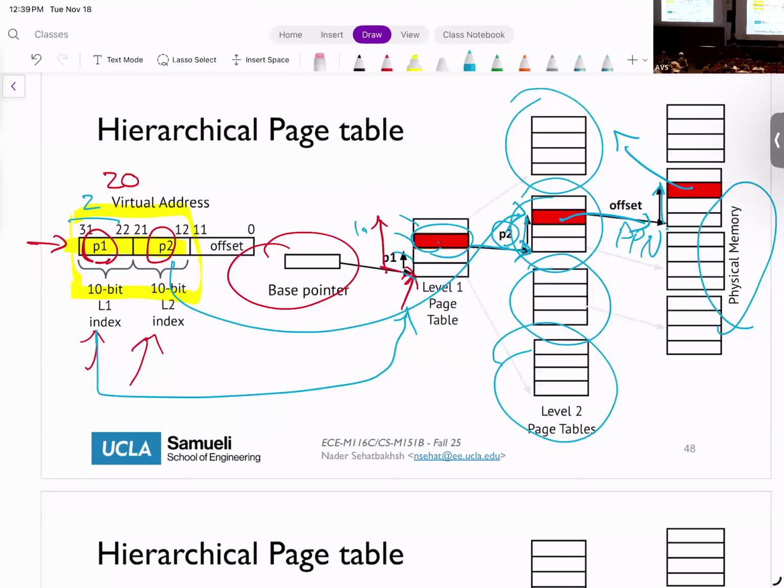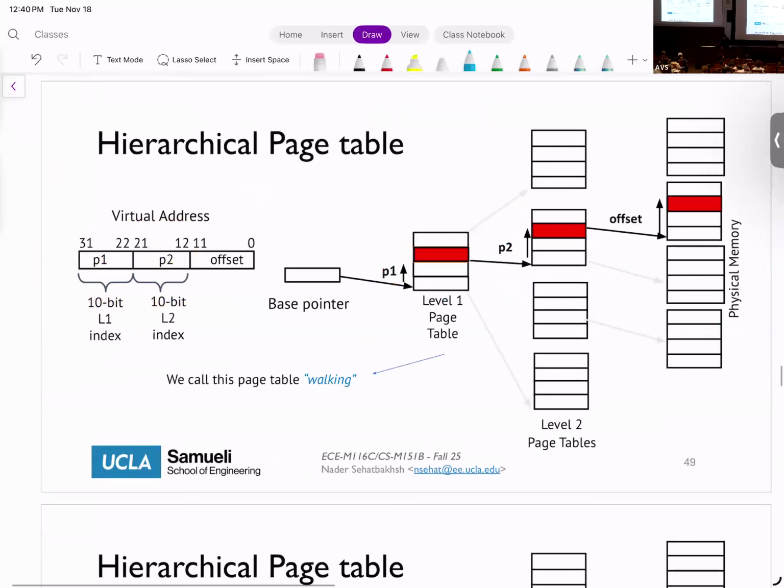So going back, one memory access was technically 2 memory accesses. Now one memory access is technically 3 memory accesses, right? I need one access to read level 1, one access to read level 2, and another access to actually read the data from the physical memory, okay?